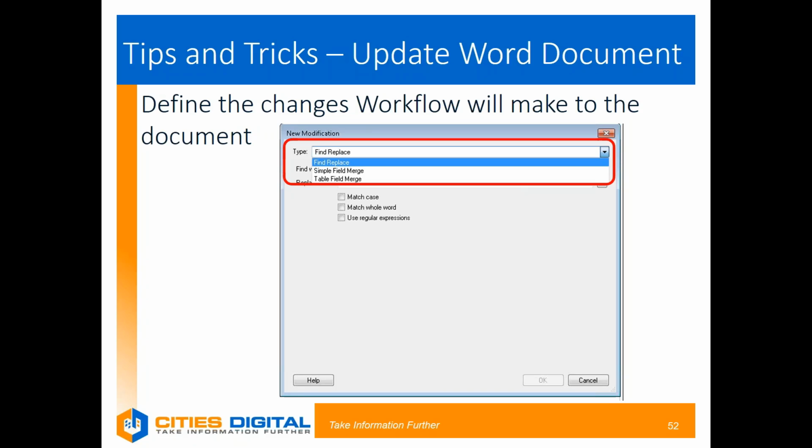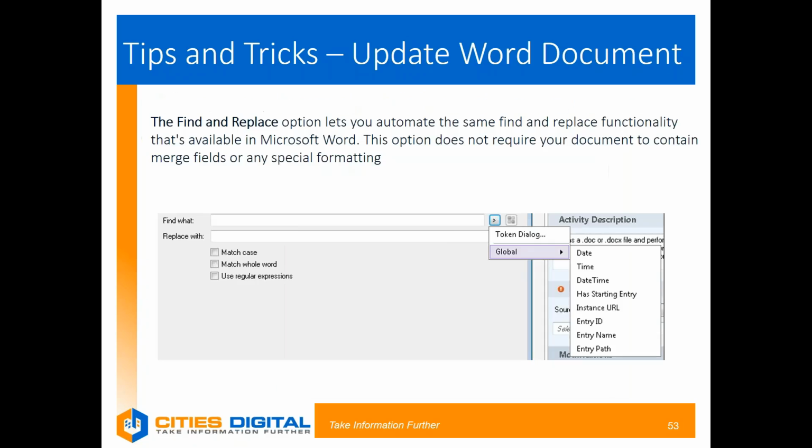So there's the find and replace option, the simple field merge, and the table field merge. So from those options, so many different things that you can do. You can insert information into an actual table, which is really great because no one likes to put things all the way into their table, because I know I've spent a ton of time just trying to configure those and they drive me crazy. So the find and replace option lets you automate the same find and replace functionality that's